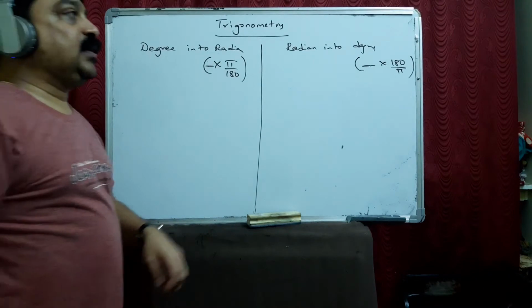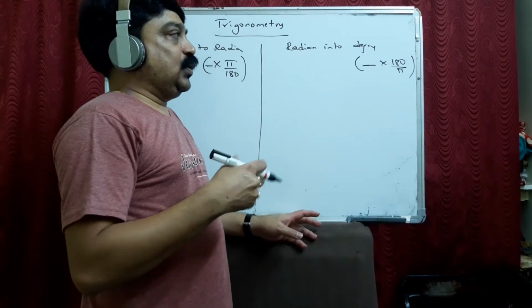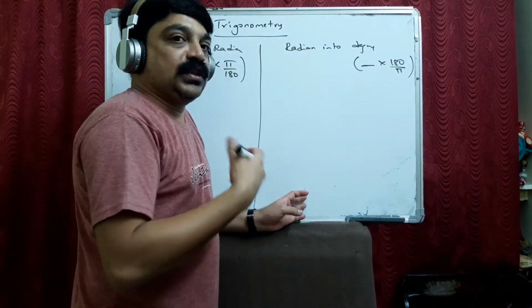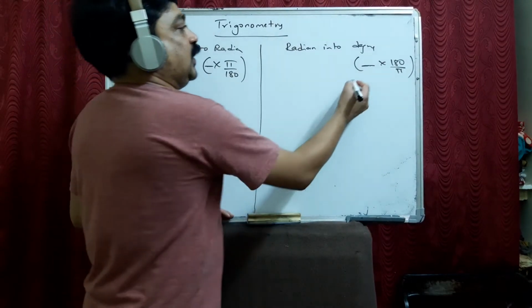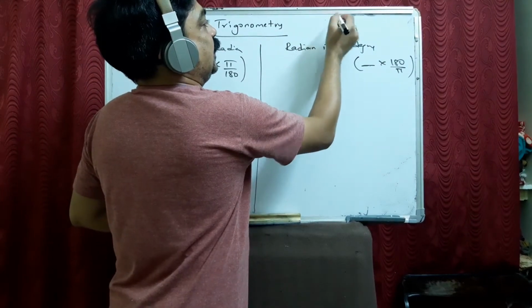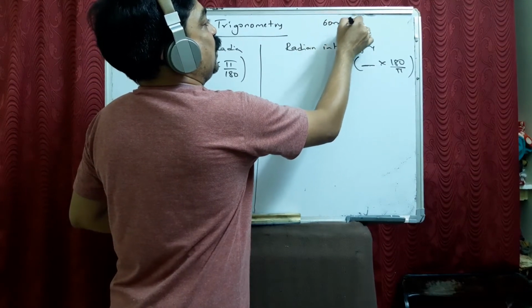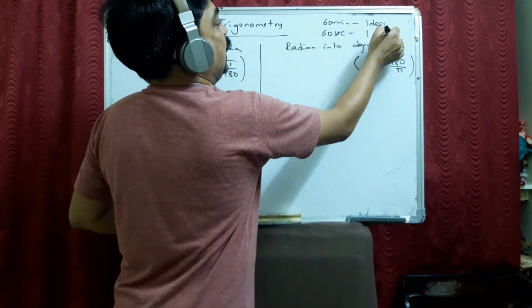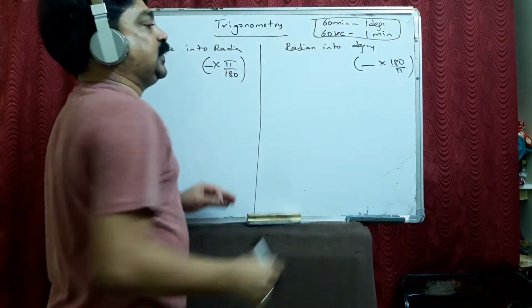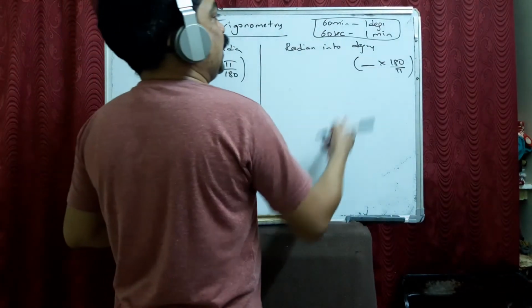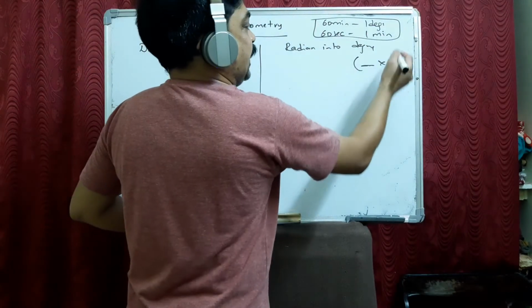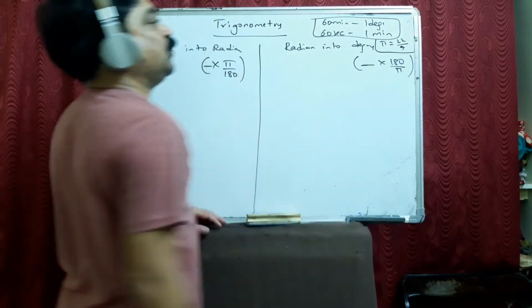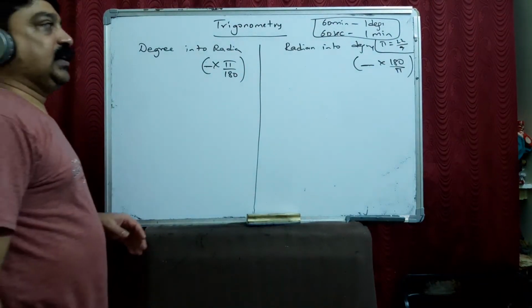But when you are converting in terms of degree, you will be asked to extend the process to convert into minutes and also into seconds. How is the process? 60 minutes gives us 1 degree, and 60 seconds gives us 1 minute also. Using this concept we convert, and when you convert radian into degree, pi should be taken as 22 by 7. These are the important points to note when we start the exercise.